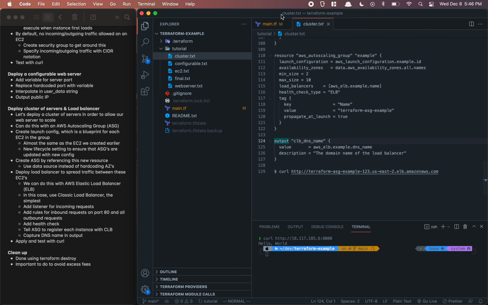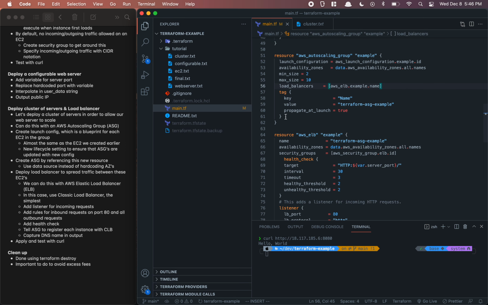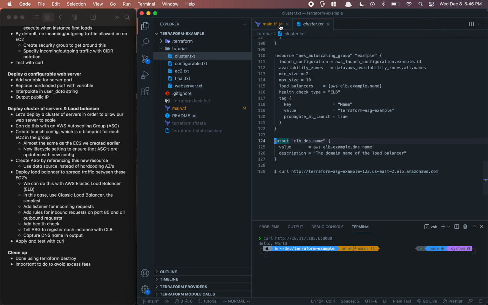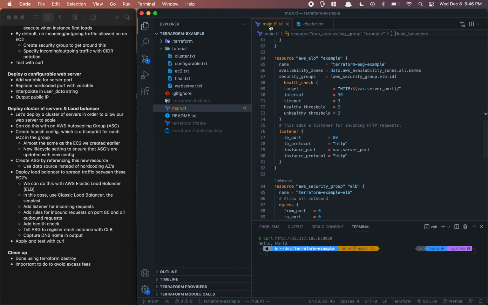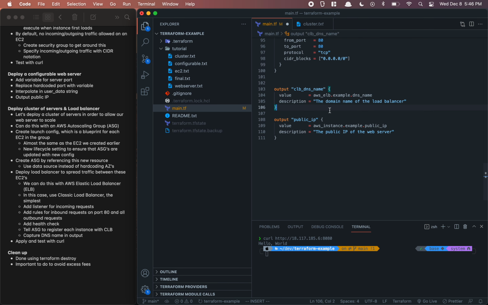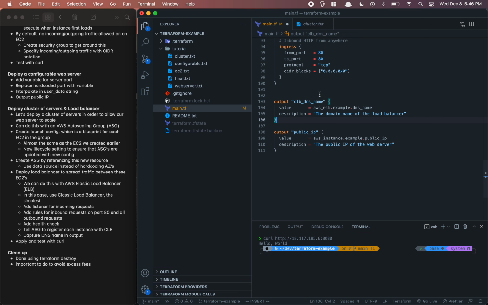we are going to want to capture one more output. In this case, we're going to capture the DNS name of the classic load balancer, and I'll just put this at the bottom where I'm putting my outputs. It's the AWS Elastic Load Balancer. Grab the name, grab the DNS name, and what this will allow us to do is actually submit those HTTP